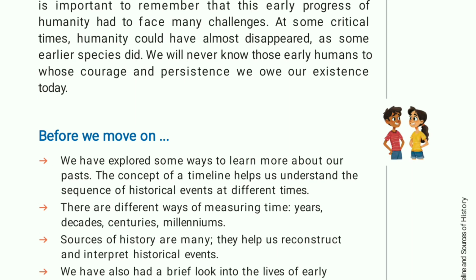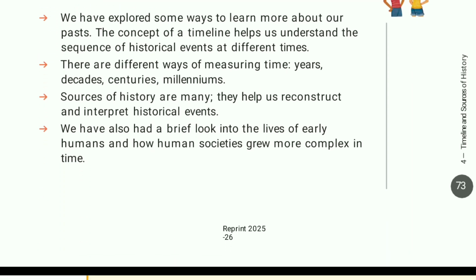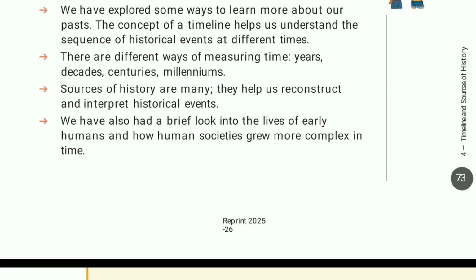Before we move on, we have explored some ways to learn more about our past. The concept of a timeline helps us understand the sequence of historical events and different